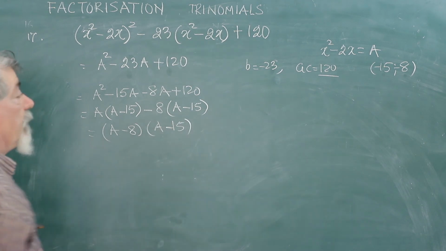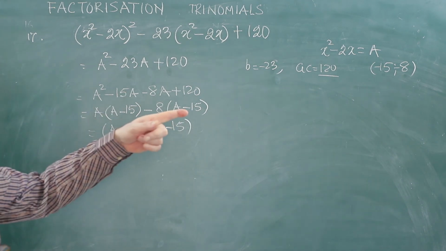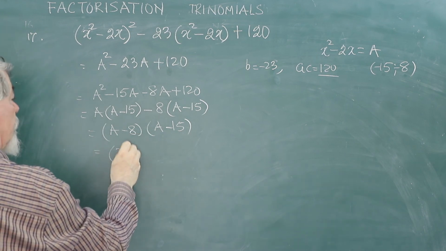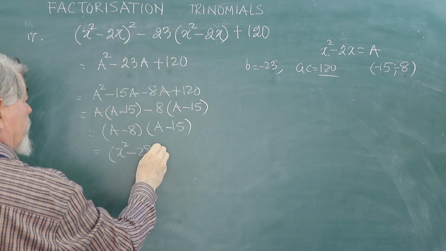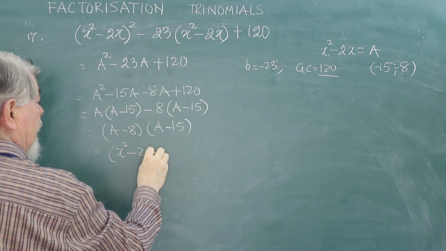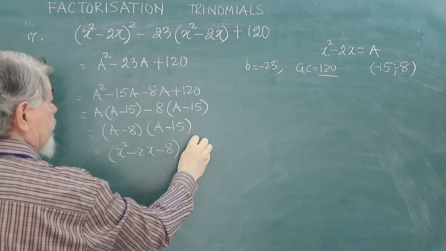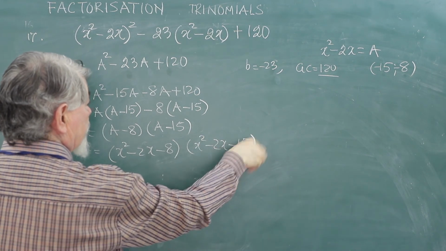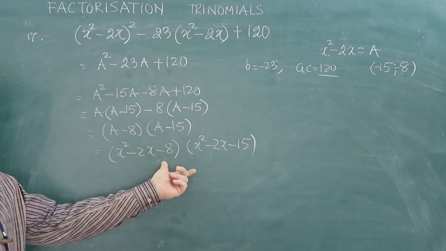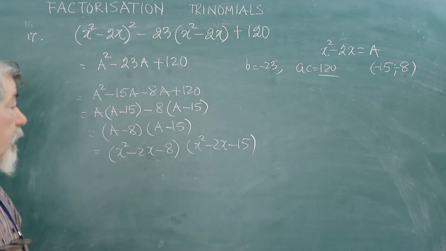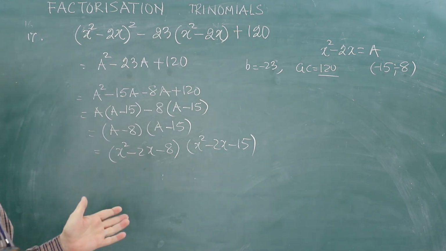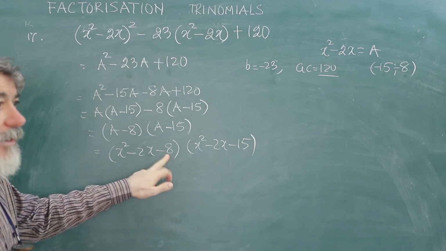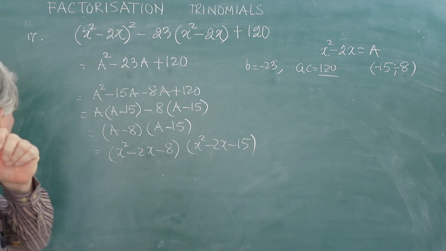Now let us put the value of a, what we had put: x square minus 2x. x square minus 2x minus 8, x square minus 2x minus 15. Please look into this. This is again a trinomial, and both the trinomials can be worked out. Like x square minus 2x minus 8 can further be factorized as